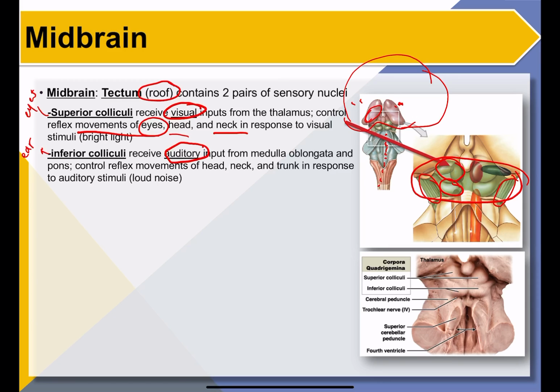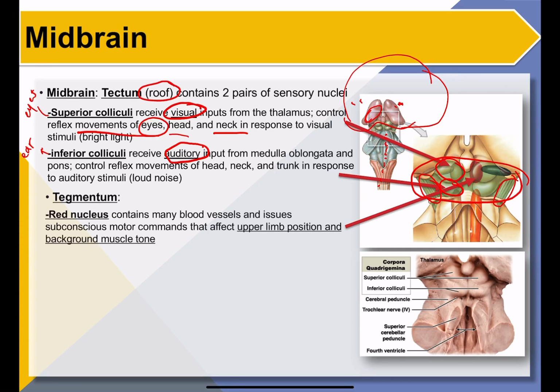All right. And then on to the tegmentum, which contains two main areas. And with each of these, your book goes into so much detail with a lot of parts, so I'm already narrowing down all these little parts from this chapter 14 in your book. So tegmentum, we'll talk about two areas. One is called the red nucleus. They're mainly there for giving subconscious motor commands that affect your upper limb position